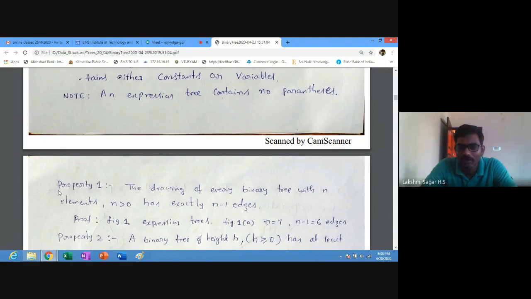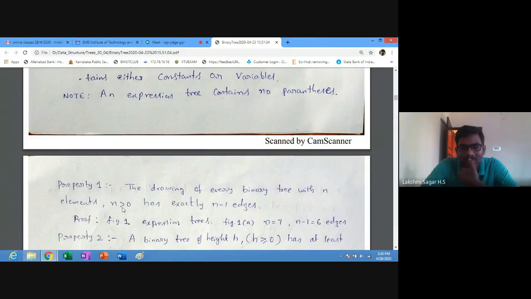Property one says: the drawing of every binary tree with n elements, where n should be greater than 0, where n is always the number of elements in a binary tree, has exactly n minus 1 edges.